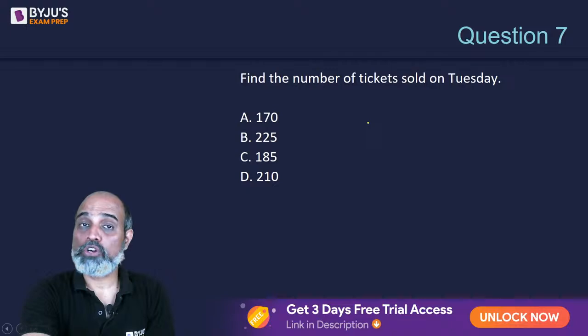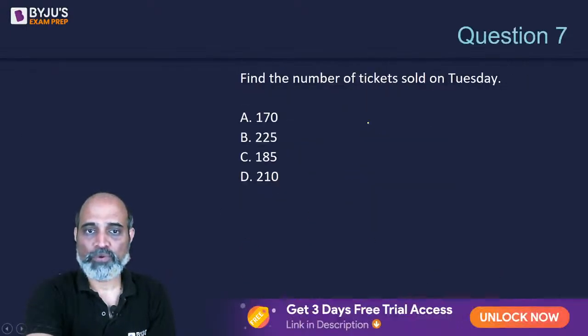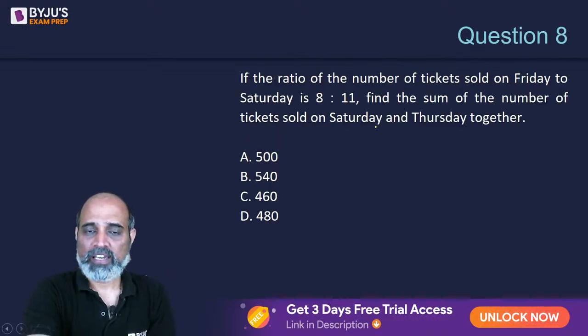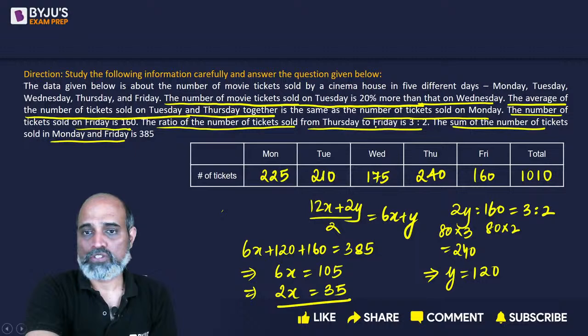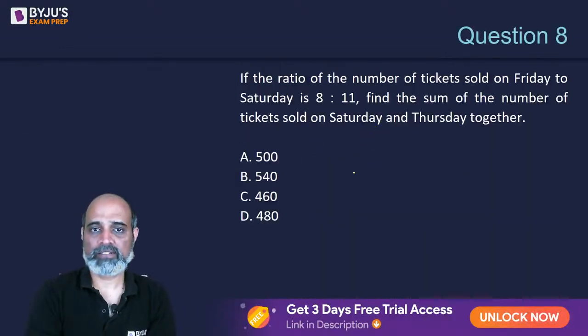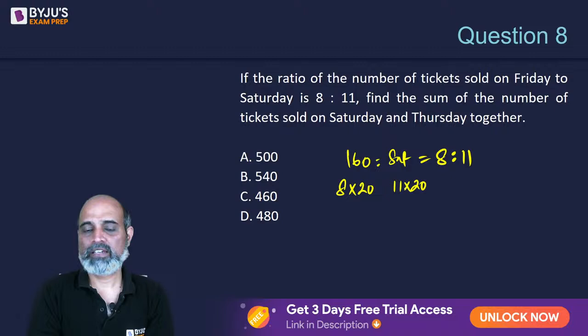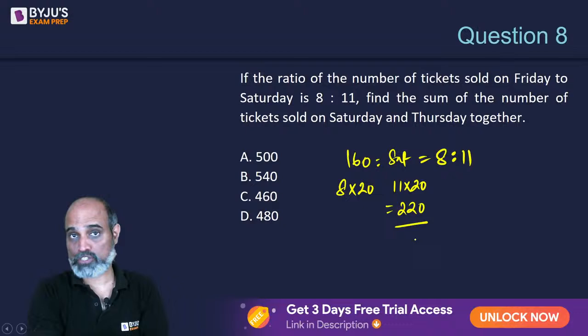Find the number of tickets sold on Tuesday. So on Tuesday we have 210 tickets sold. D option. If the ratio of number of tickets sold on Friday to Saturday is 8 is to 11. So Friday is 160. Saturday we don't know, and this is given as 8 is to 11. So 160 is actually 8 into 20. So Saturday will be 11 into 20. 11 into 20 would mean 220 tickets were sold on Saturday, the day which is not given in the table